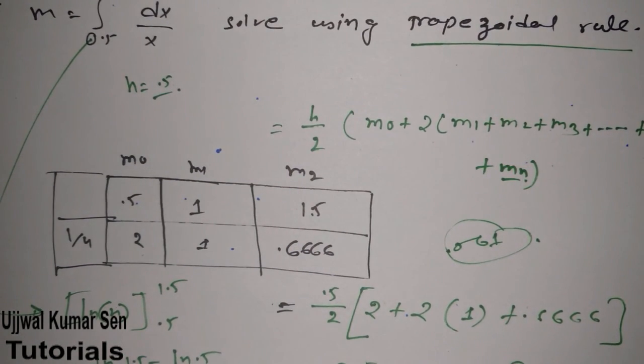Because of this error, we have studied Simpson's rule. In my next lecture, I will definitely share with you what Simpson's rule is, and there are two Simpson's rules: one is the 1/3 rule and the other is the 3/8 rule. Remember that. I will share both rules with you so that you can understand this question in a much better way.